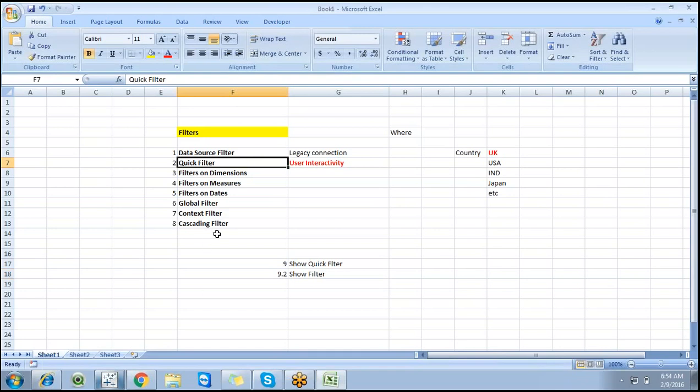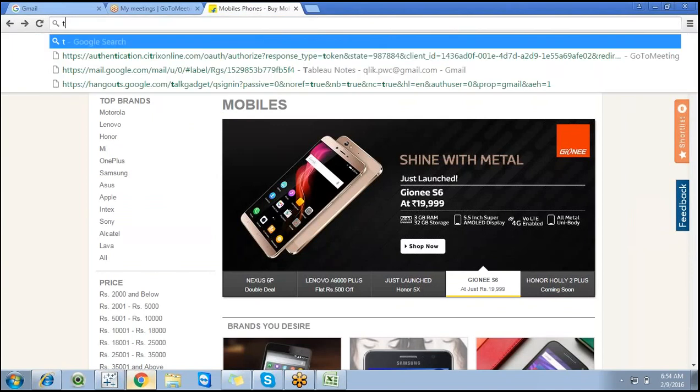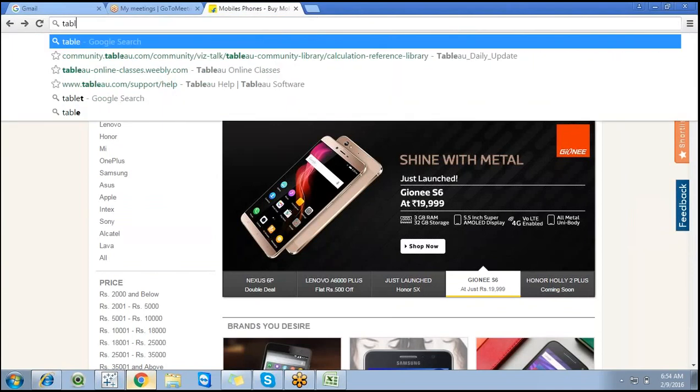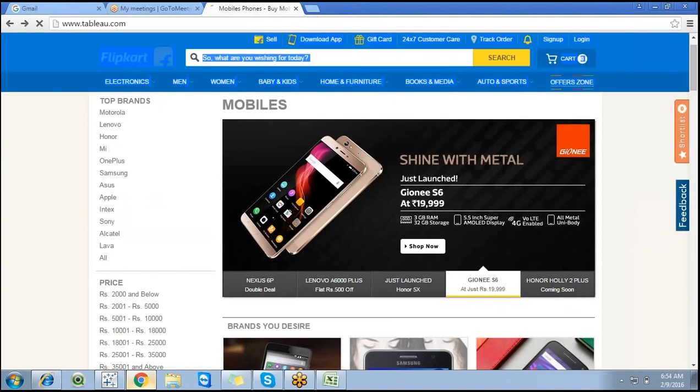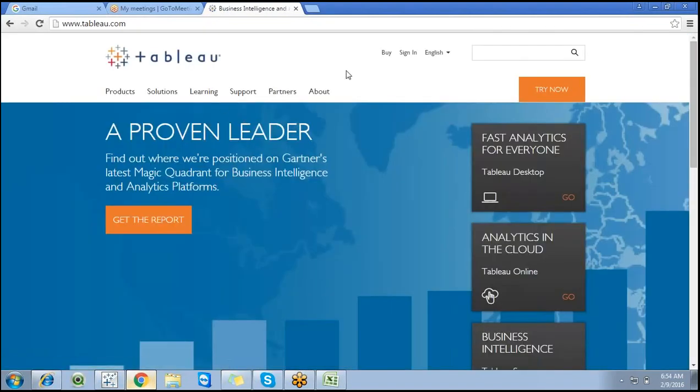Because it differentiates from all other filters. So it's a quick filter, but from 9.2, the new version of Tableau, it's a simple filter. I can showcase it; just go to tableau.com. Just wait for a while, like we can go for Tableau Desktop.